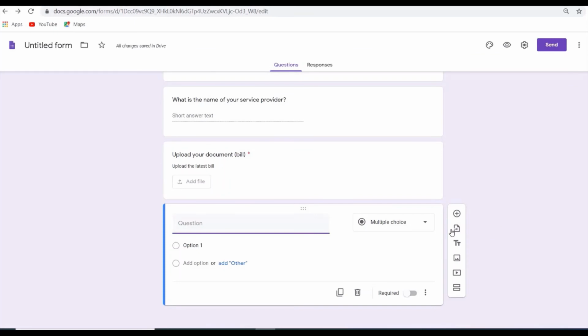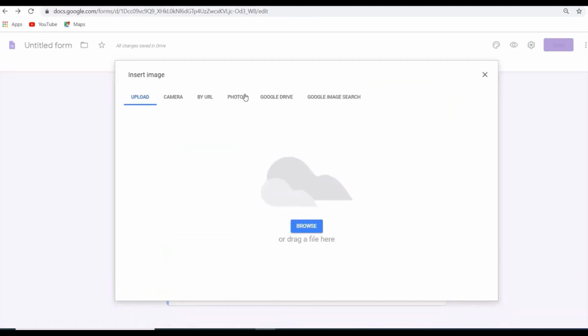Now there are certain other things that can be done, like you can import questions from some other file that's already there. If there's already a Google form that you've made and you want a question to be imported from there, you can comfortably do it. You can add title, description, and then add image and add video. So let's add an image. All that you need to do is just browse